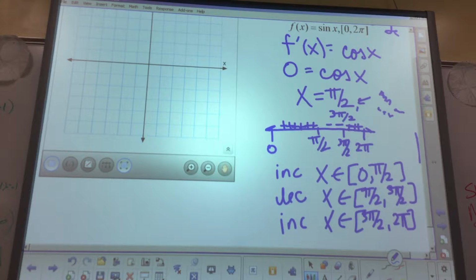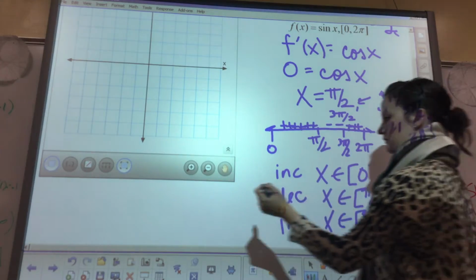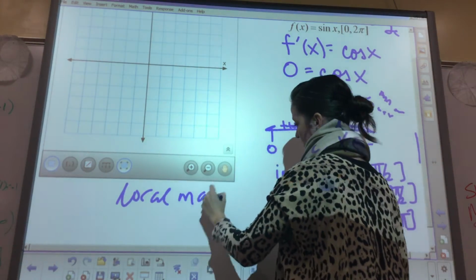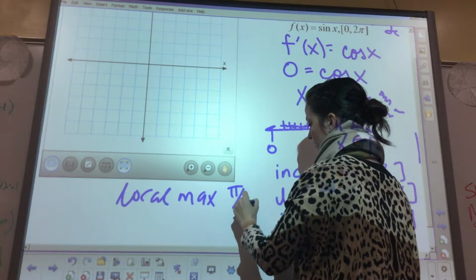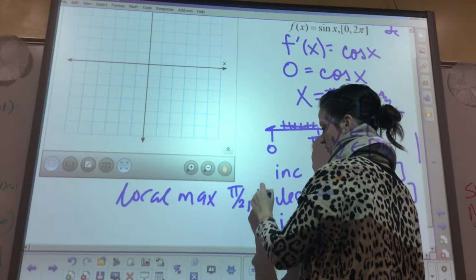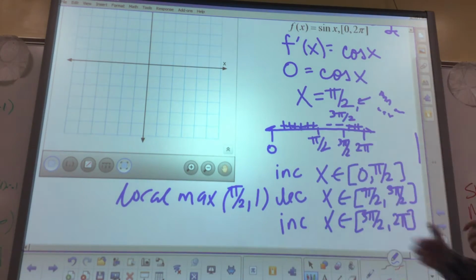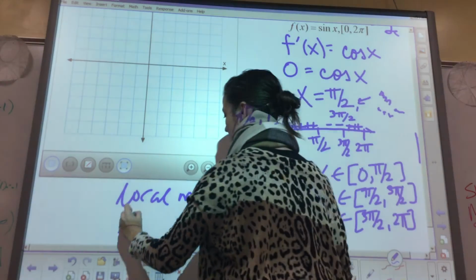So if it's increasing up to pi over 2, decreasing after pi over 2, what does that tell us about pi over 2? Is that a min or a max? Increasing and then decreasing. It's a max. So we have a local max at pi over 2, 1. And then at 3 pi over 2, it's decreasing and then increasing, so that is a